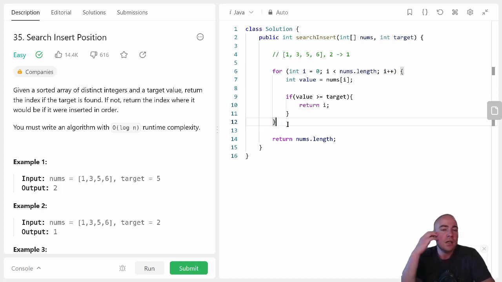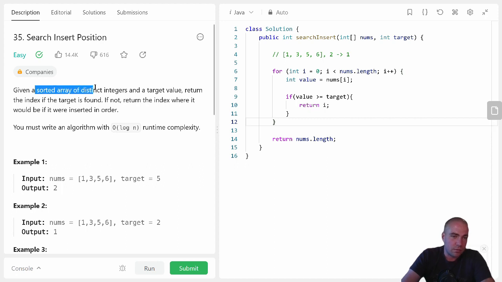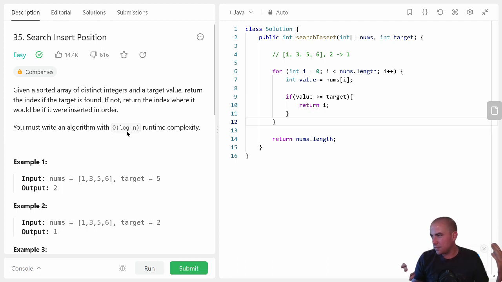So just thinking out loud, and this is what I would say in an interview as well. I'm thinking if there's anything in the language that I might be able to use, or any algorithm that I might be able to use. And so I know that I have a sorted array, and I know that maybe I'm looking for a log of n runtime. And so those two things are hopefully setting off some spidey sense